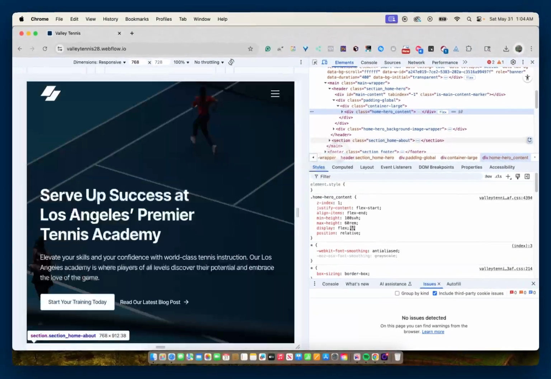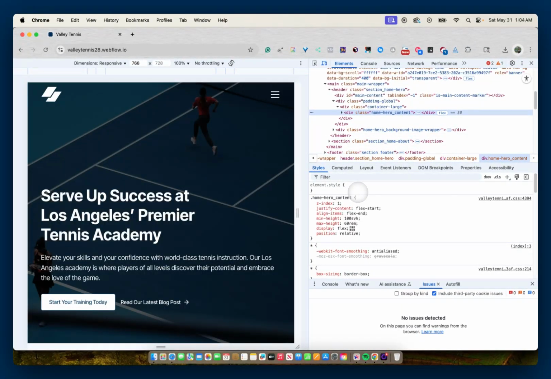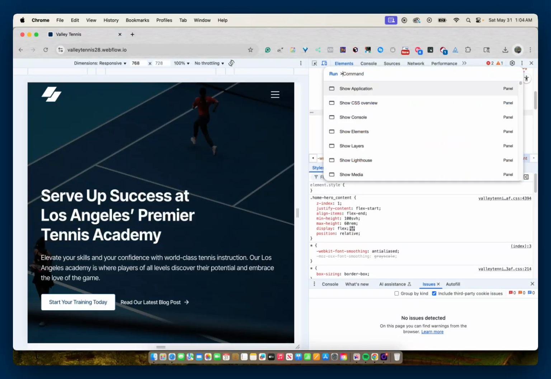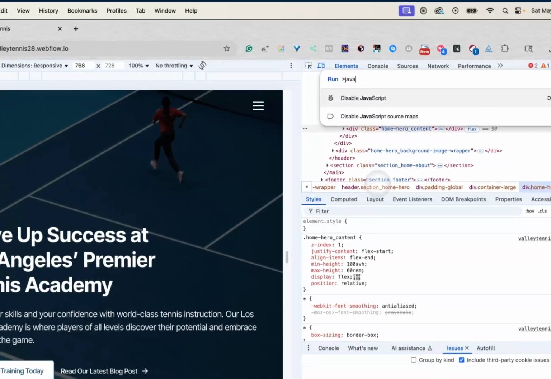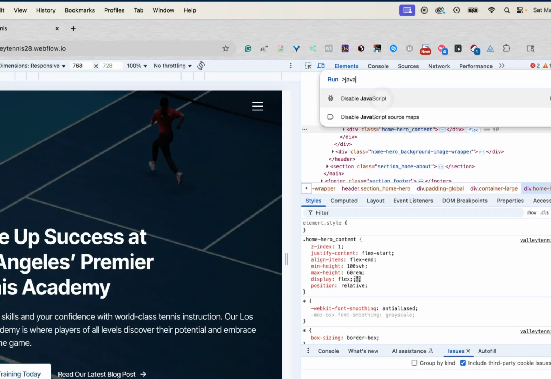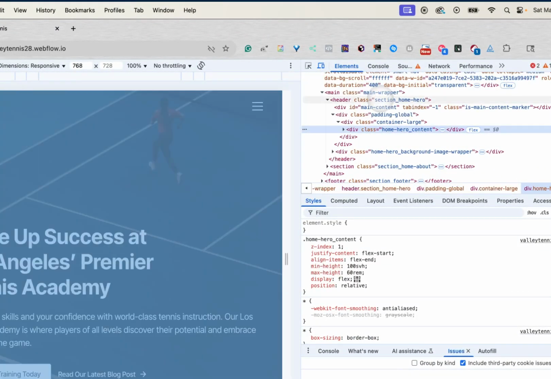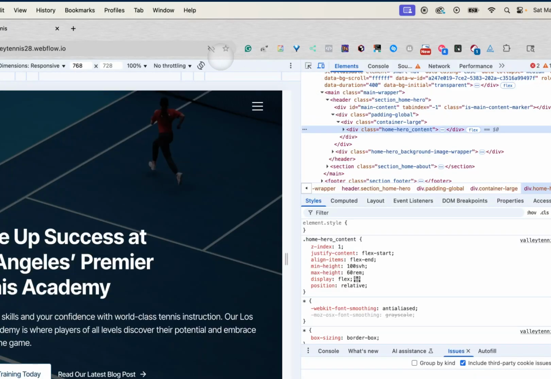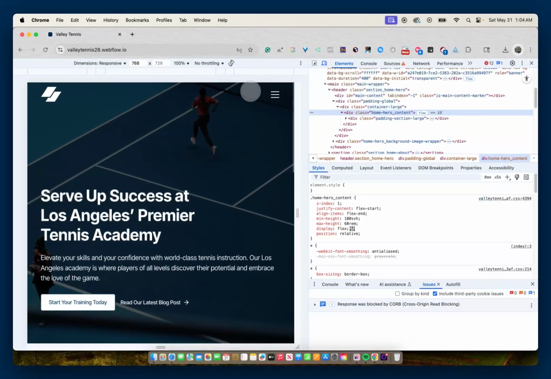And once I have DevTools opened, whether you're on a Windows, you can hit Control-Shift-P, or if you're on Mac, you can hit Command-Shift-P. And you can start typing JavaScript, and in the drop down you'll see disable JavaScript. I can click on that and we'll know it's set up properly because we have this strike through with the script tag right here on the browser URL window,